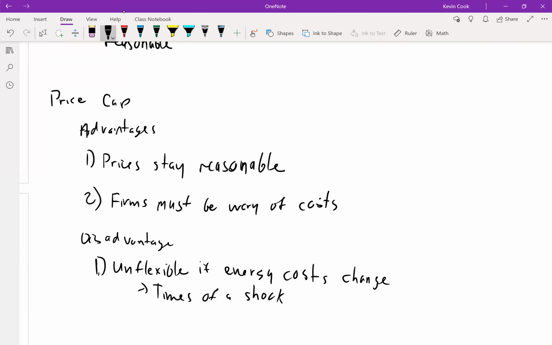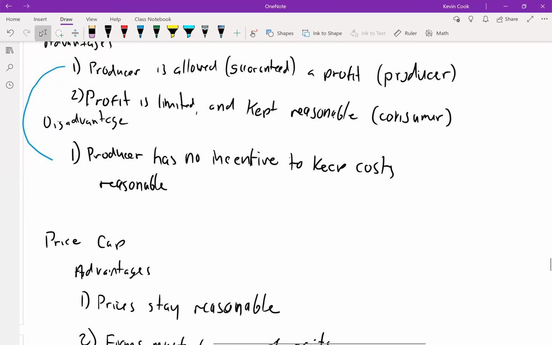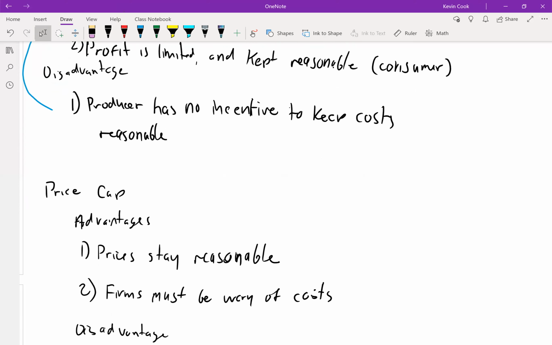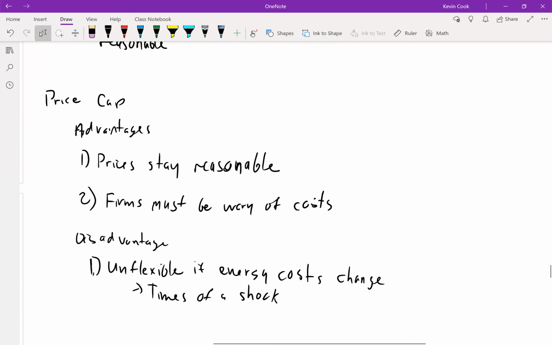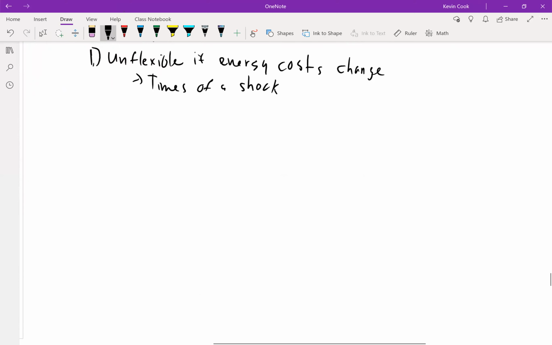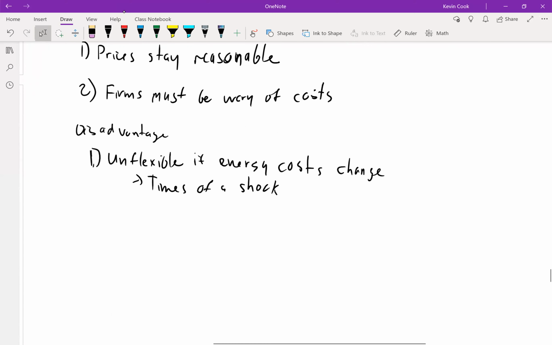So we don't have that flexibility that we have with the cost plus, but we have a little bit more oversight, a little bit more, hey, you have to stay in check, and so on. So we have these two separate, but if we put them together, then something more interesting can happen. So if they are together, then our profits are reasonable,